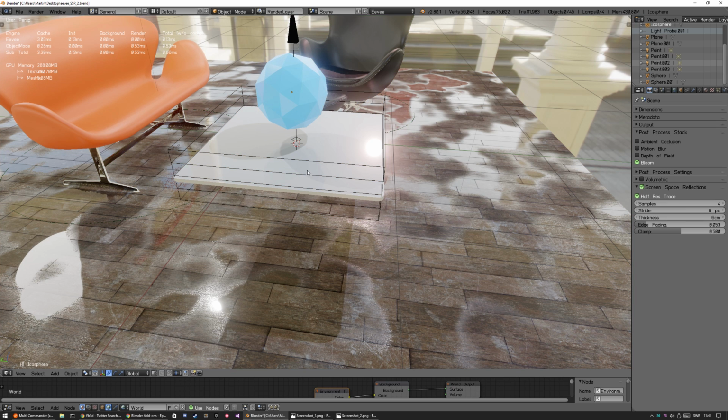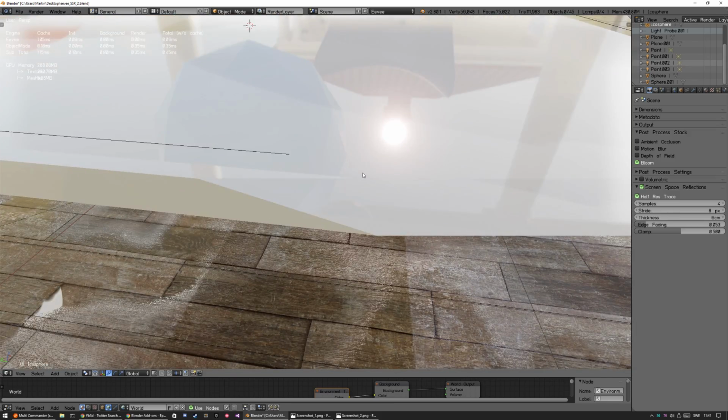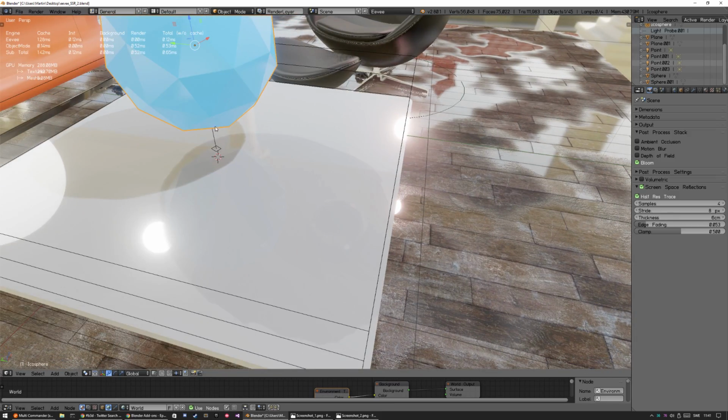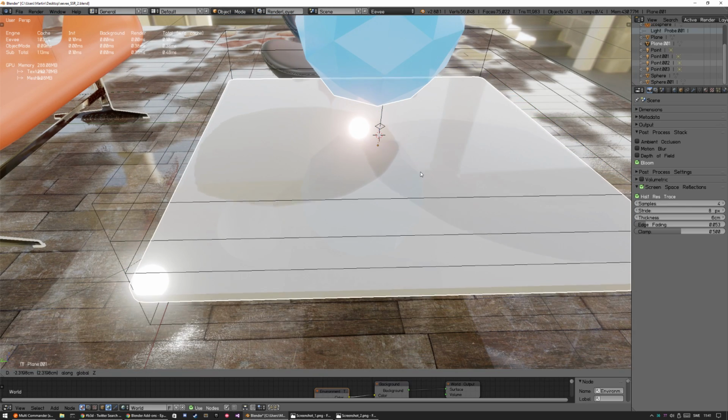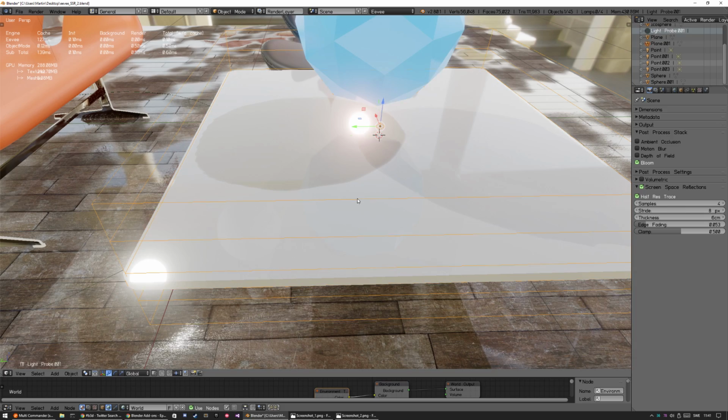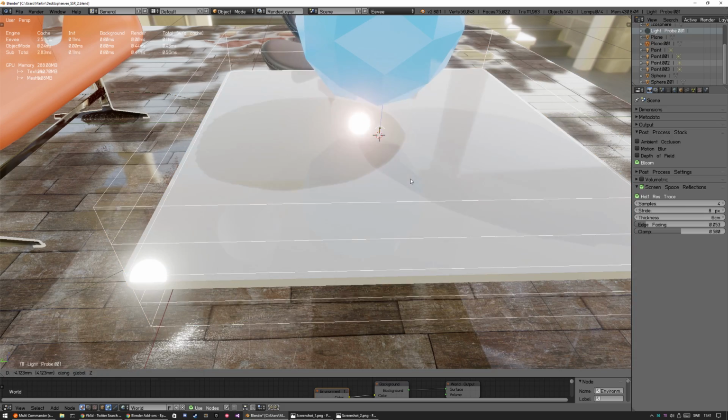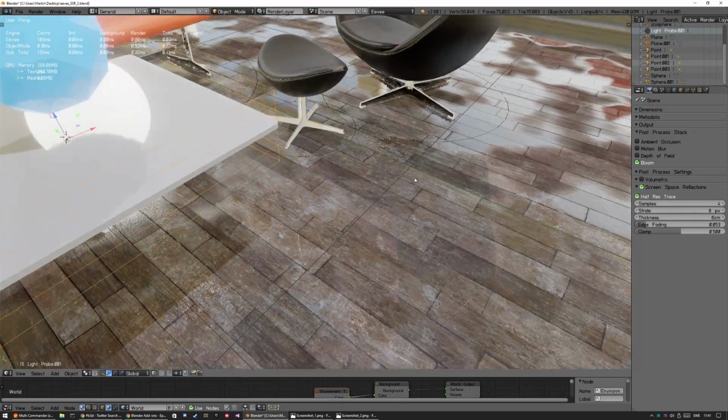But as I mentioned, planar reflection probes make more sense to use with the screen space reflection to help out with the reflection. If you look at this table, there's a planar probe here. You can see if I remove it,